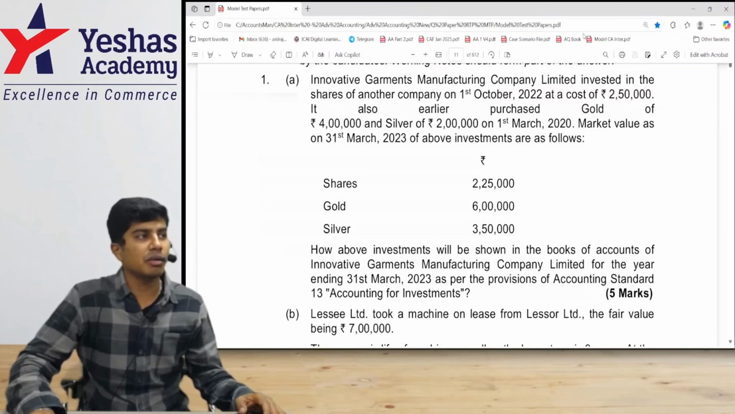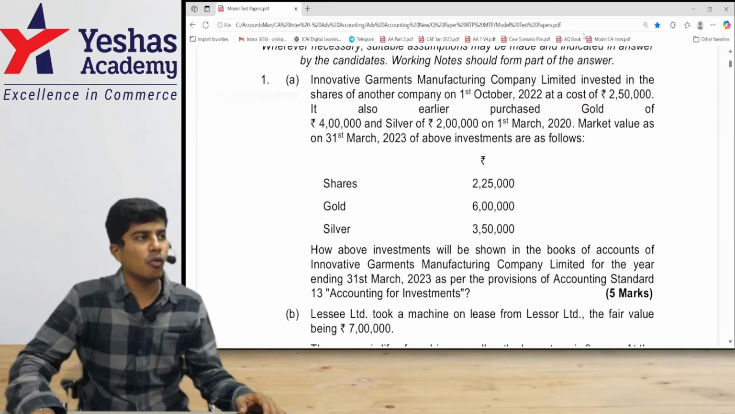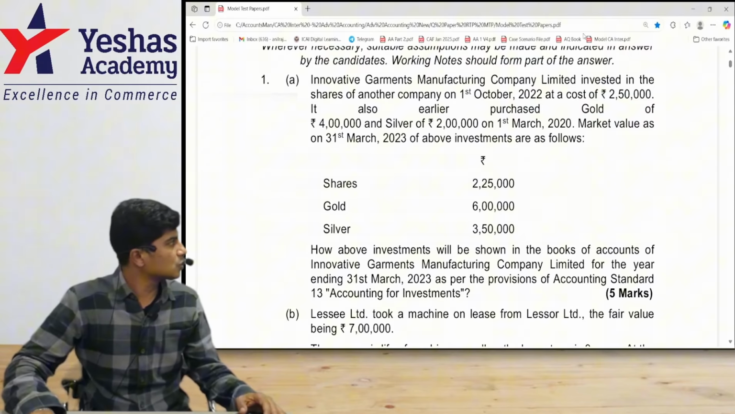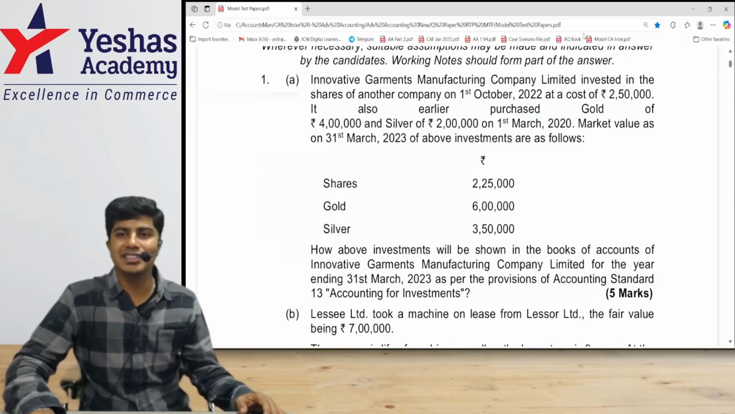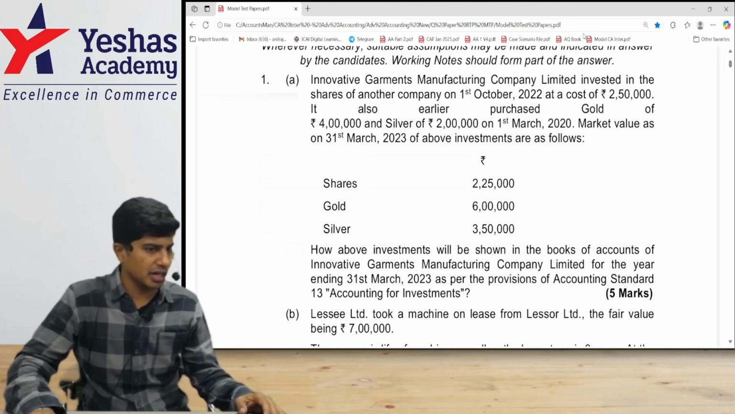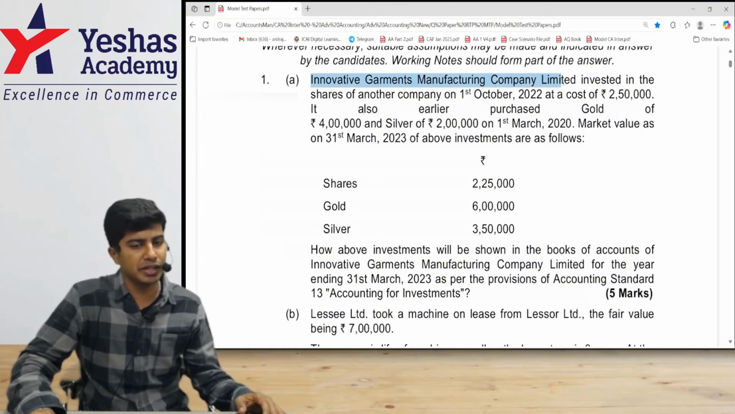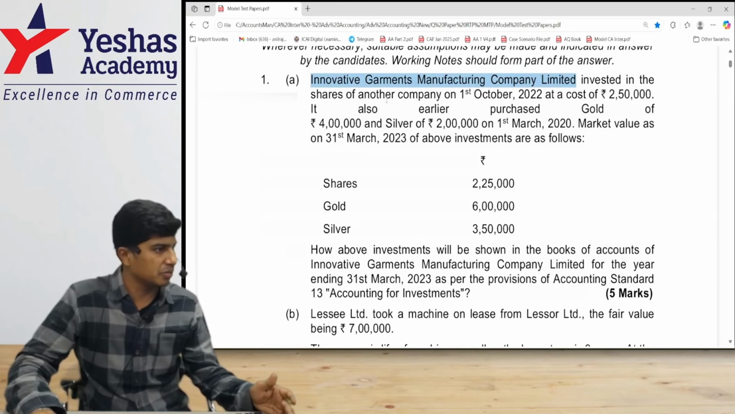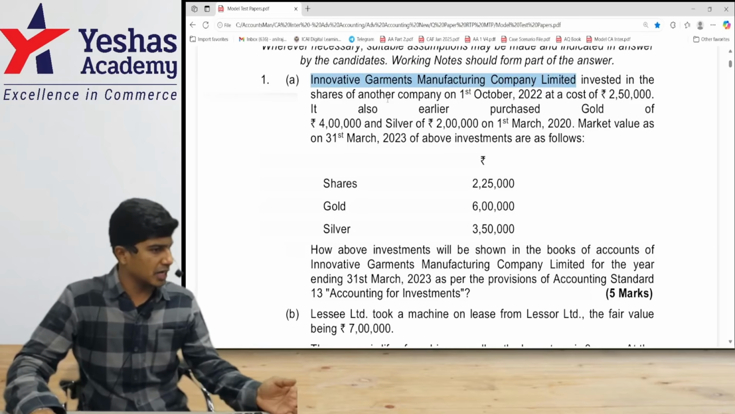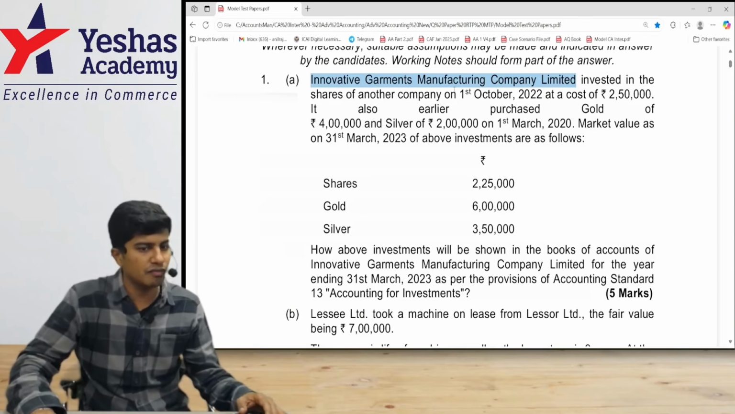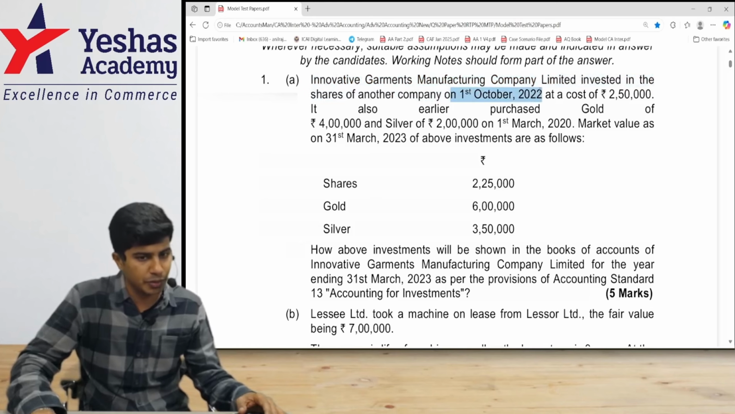We're now solving question number 1A from our model test paper number 1. This question is on Accounting Standard 13, which deals with investment accounting. To begin with, Innovative Garments Manufacturing Company Limited invested in shares of another company. That's an investment. They have surplus money from their garments business that they've invested on 1st of October 2022 at